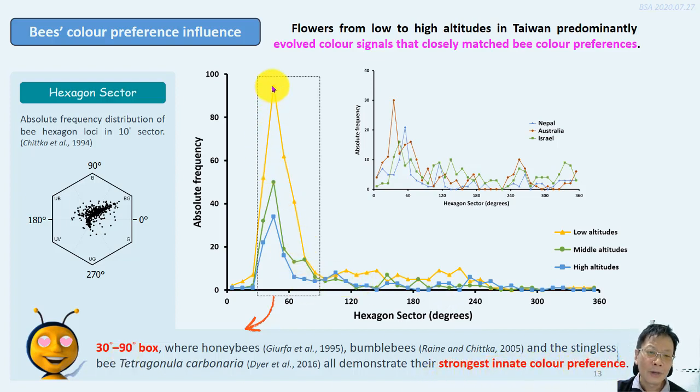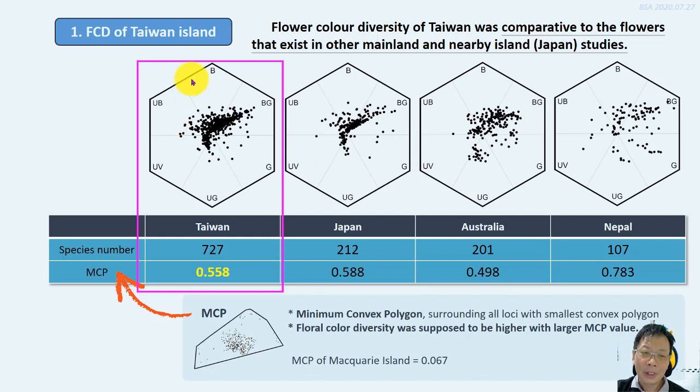So you can see from Taiwan, low, middle to high altitude, flower colors all match the bee preference area, which is similar to other regions' previous papers. So it looked like our species in Taiwan are preferred by bee visitors in terms of color view. Okay. The second thing is we want to see for Taiwan island whether the color diversity is comparable to other